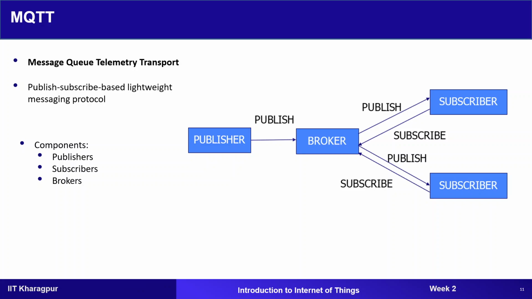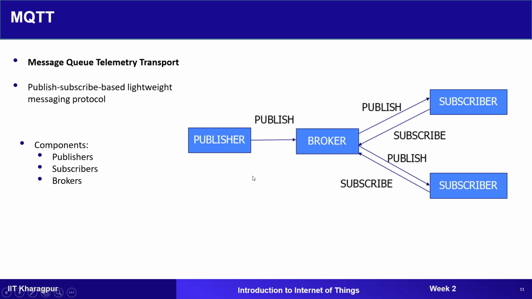Your MQTT protocol follows the publish subscribe model. So what is this publish subscribe model? In the publish subscribe model, there is one publisher who is going to generate the data, and there is one subscriber who is going to use that data. In between the publisher and subscriber there will be one broker. The broker is a server which is going to provide the data to your subscriber. This broker will take the data from the publisher and further provide the data to your subscriber.